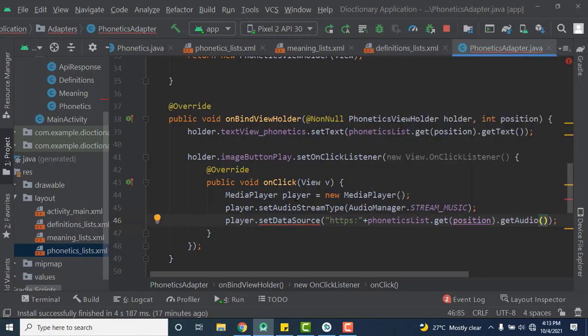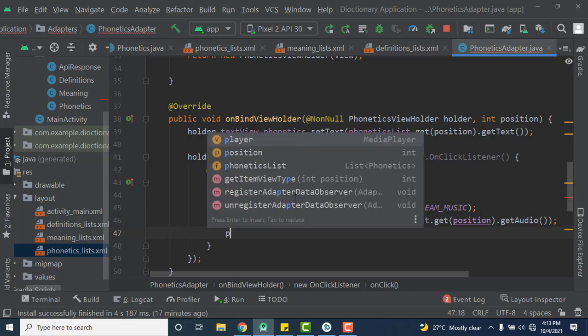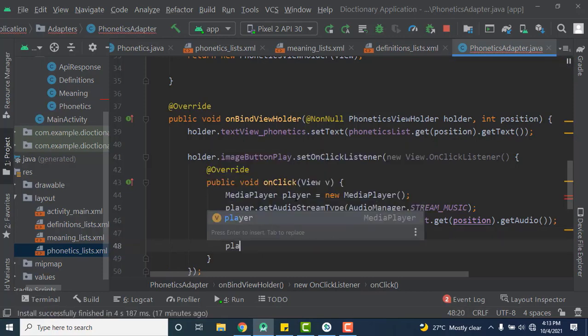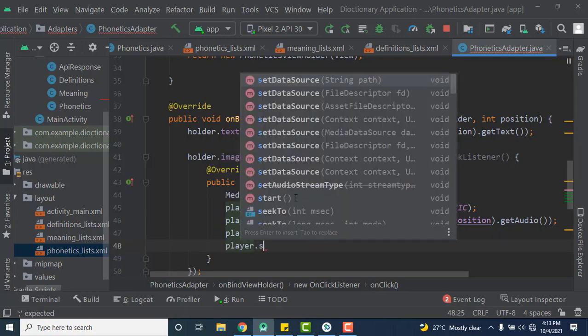So it will be attached to this HTTPS and set as the audio source. So we'll now set as audio player dot prepare, then player dot